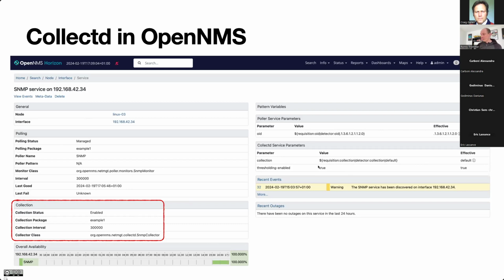Excuse me, Ronnie. Yes, I see on the right part of the screen, I see the Polar service parameter together with the collect service parameter. You explained already that Polar is a different thing, but what I see is that the object identifier consists of the sysobject ID. Is it correct? Yes. So the first action that is performed is to query the sysobject ID, getting back the result, and then starting to walk through the MIB driven by the result of the sysobject ID. Is it correct?